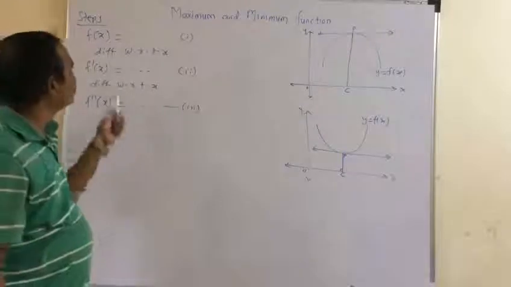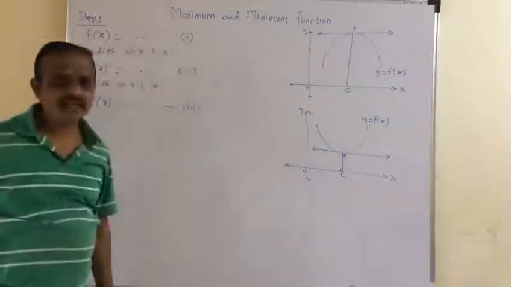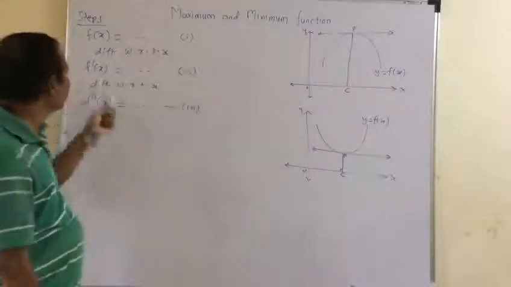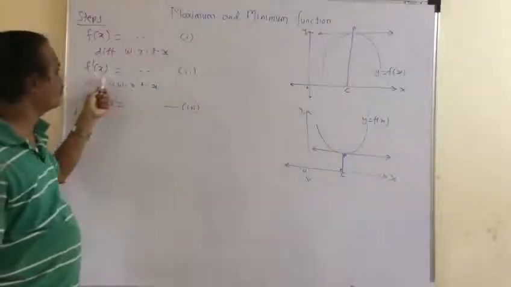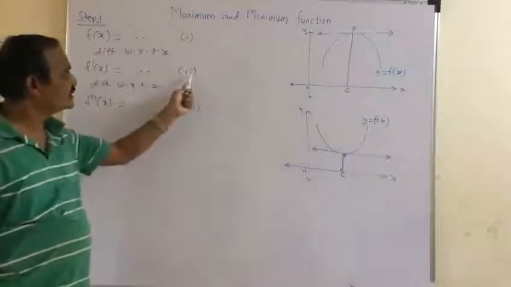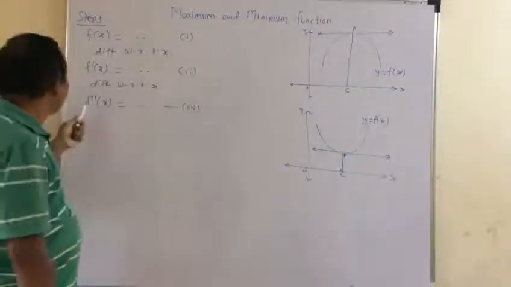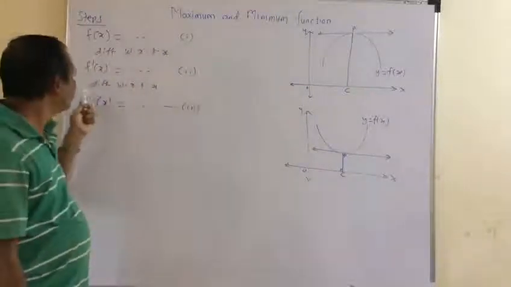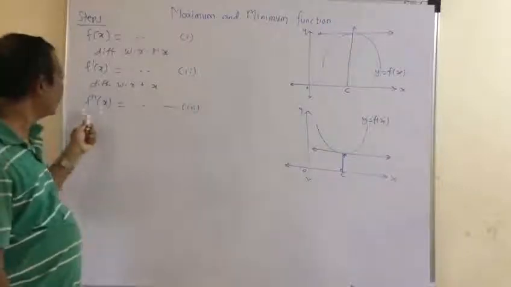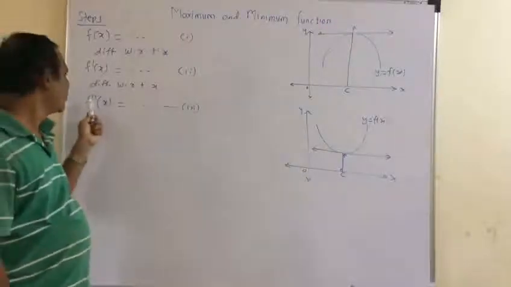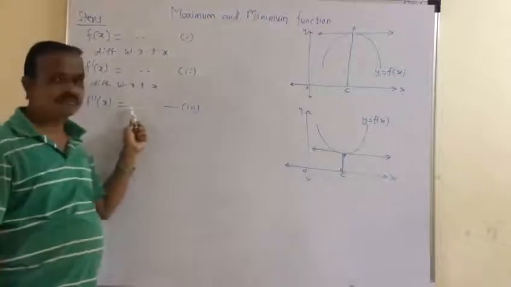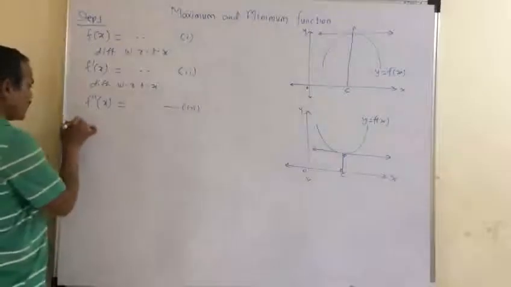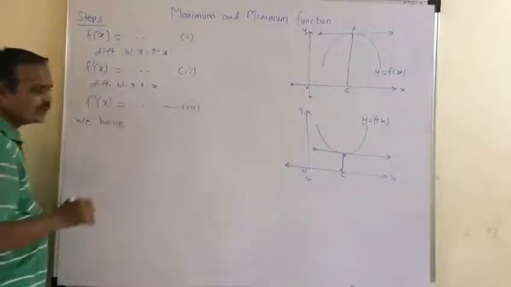Now in this way, first we write the given function as it is. Now the given function is differentiated with respect to x. We get the first derivative dy by dx as, say, equation 2. Again we differentiate this equation 2 with respect to x. We get the second derivative as f double dash x, and this is equation 3. Now we have to find here stationary values.